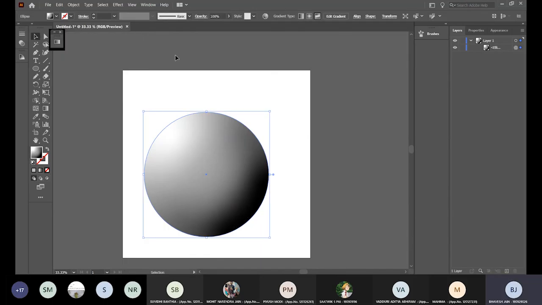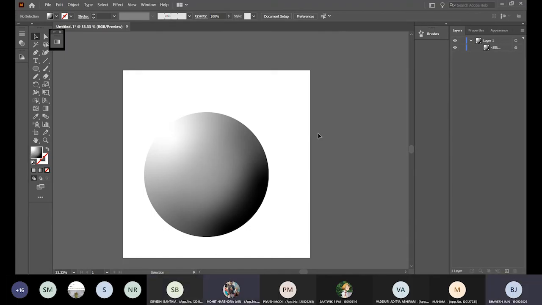And now I go to normal view. So how does this look? Does it give a 3D shading-ish effect? Yeah, it does. Good.